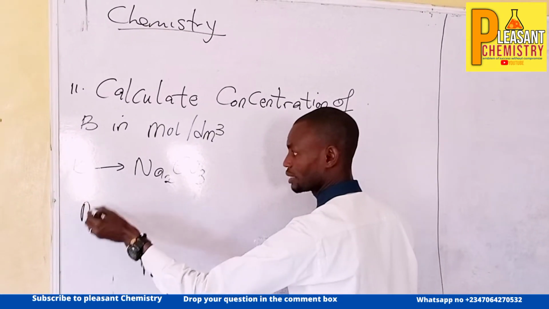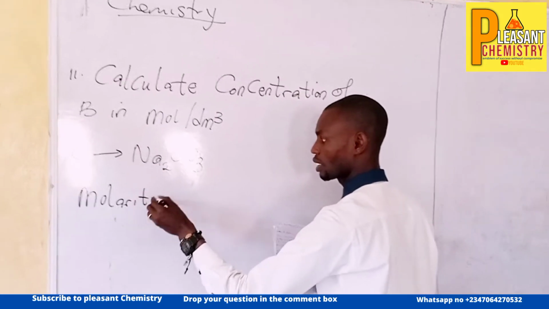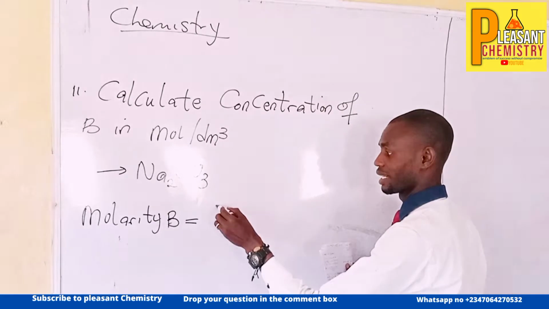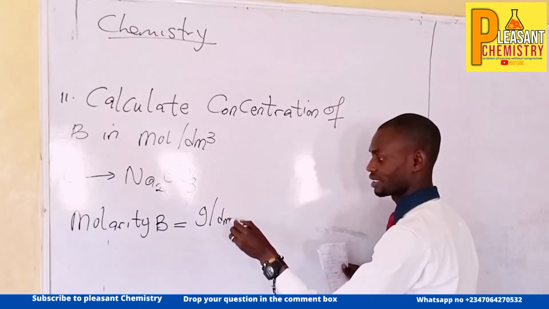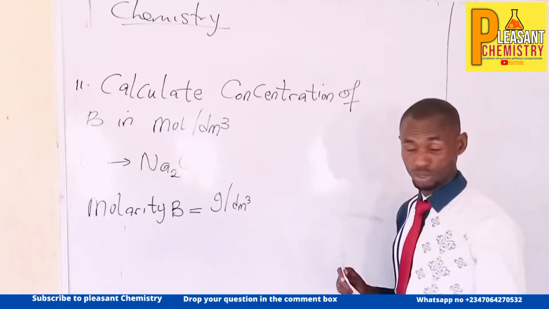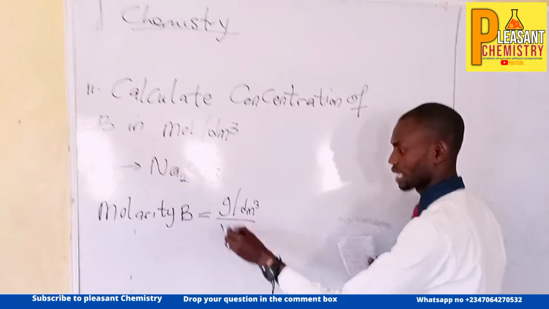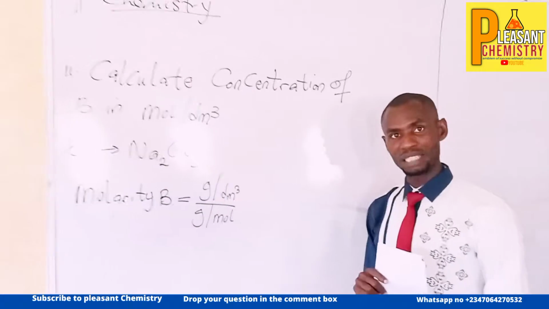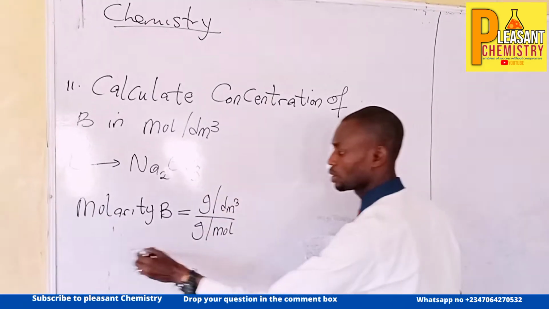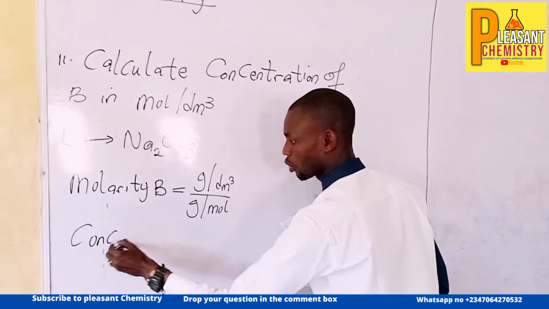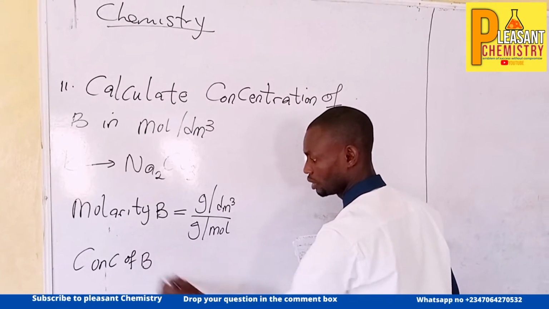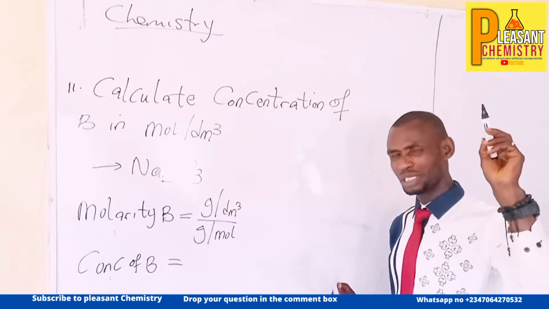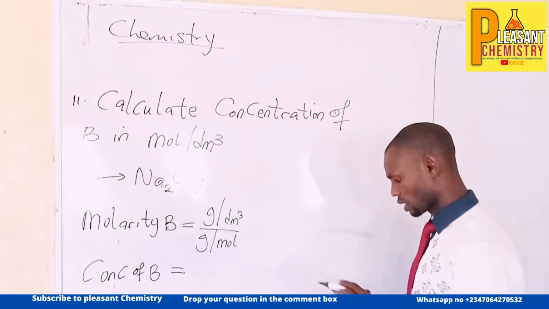So we can say molarity of B is equal to gram per dm cube, which is the same thing as mass concentration, over molar mass. Our molar mass is in gram per mole. So molarity of B, which is the same thing as concentration of B in mole per dm cube, is equal to our mass concentration. We have done that earlier. Our mass concentration is